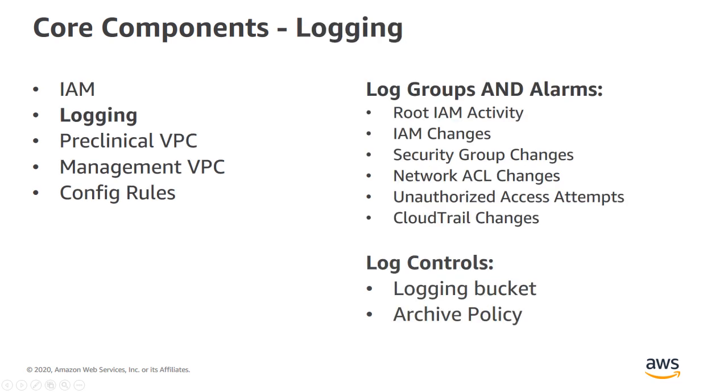Logging is important for your AWS account, right? Not just within your applications, but setting up logging for how your actual AWS account is being used is something critical that every company should be doing. This includes setting up logging on the event as well as alarming on the event for things that really shouldn't be changing very often. You should never be logging in as root. You should be made aware of when IAM is being changed, when people are changing network ACLs, when people are turning off CloudTrail. These are all events that you should be made aware of and logging. And so we set up all the necessary CloudTrails for those activities,